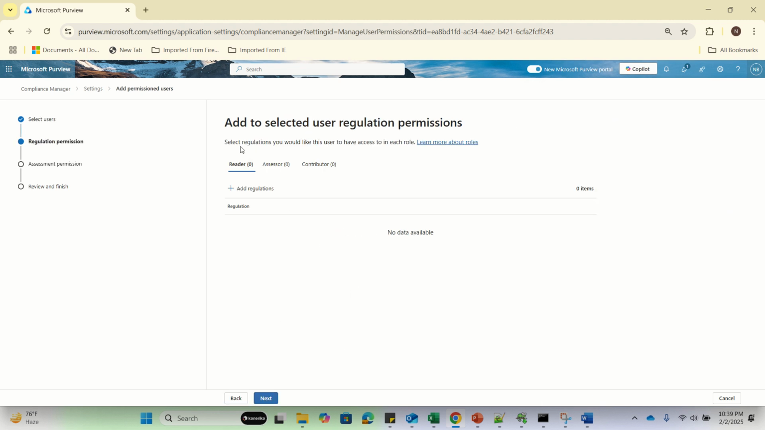Click on next. Now you have three roles here: reader role, assessor role, and contributor role. So the reader role can only see assessment and regulation. In this case, can only see regulation details. He cannot edit the data, or contribute to anything. As part of the assessor role, when this user is added to certain regulation, then he can edit the data, but he cannot do any assessments. As a contributor, he can edit the data as well as he can check all the assessments related to the